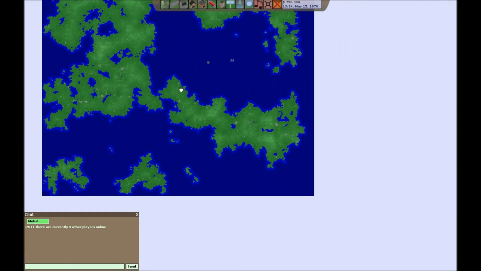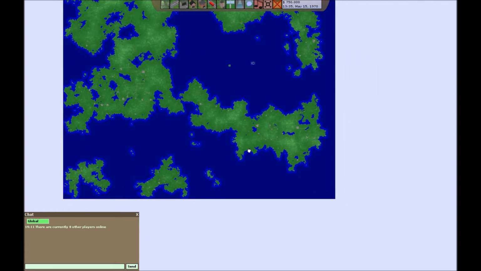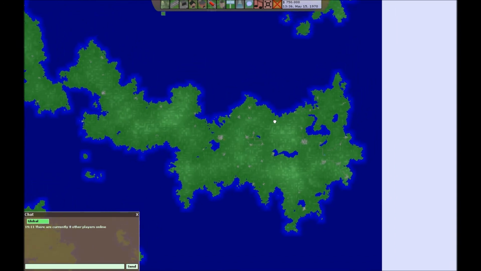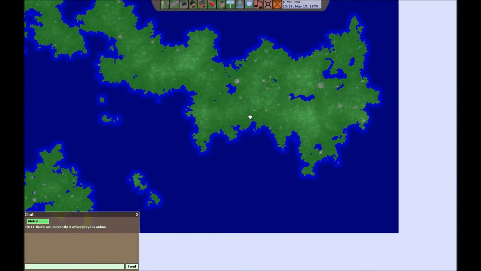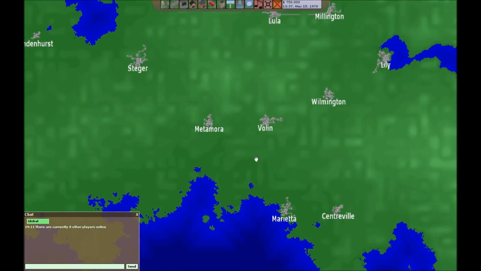From here you can see that the landscape is quite changed since the previous versions. There is now more water, and the depth of the water is also a bit dependent upon how far away from land it is. If we grab a couple of cities, so we're looking at Metamora and Volin for example,